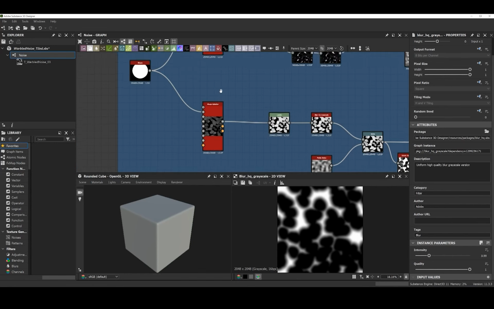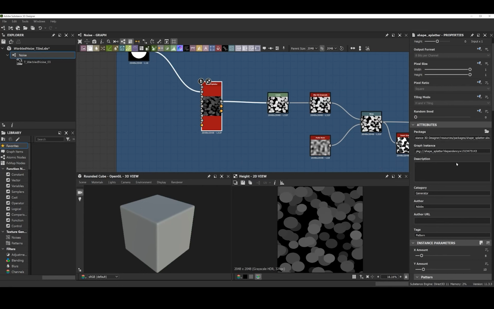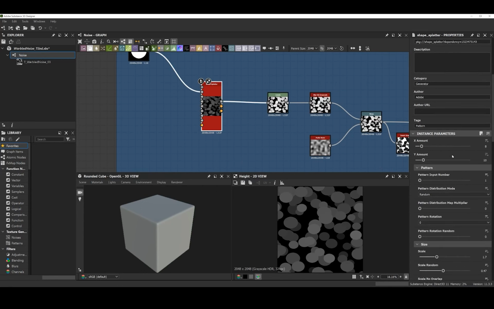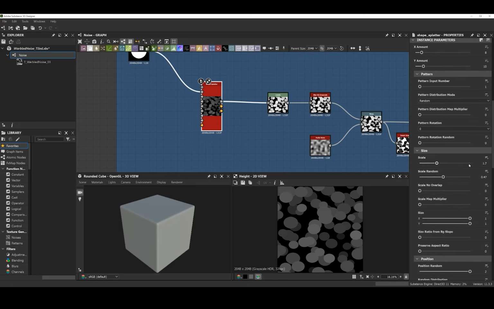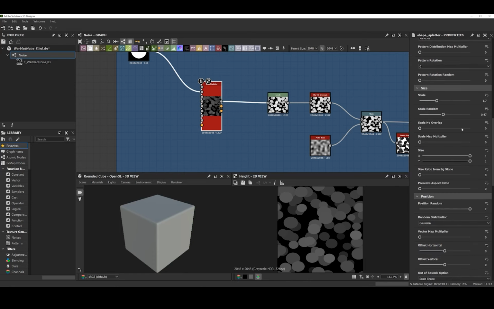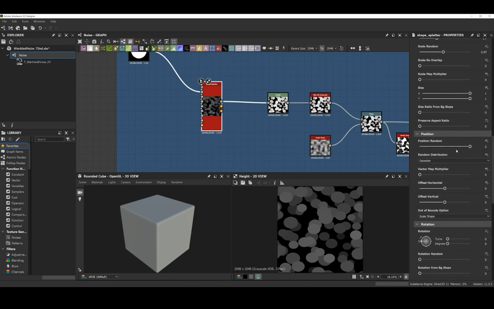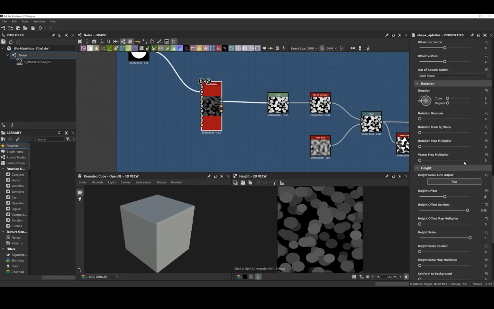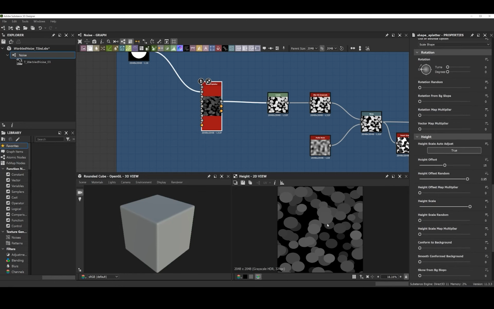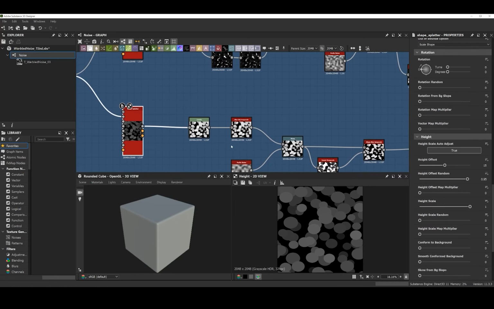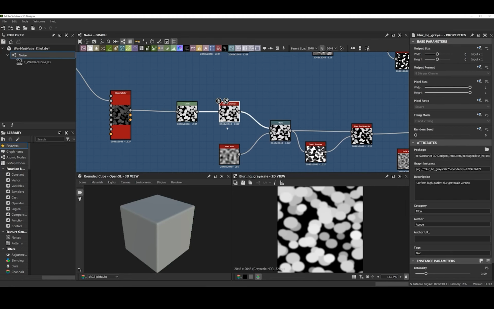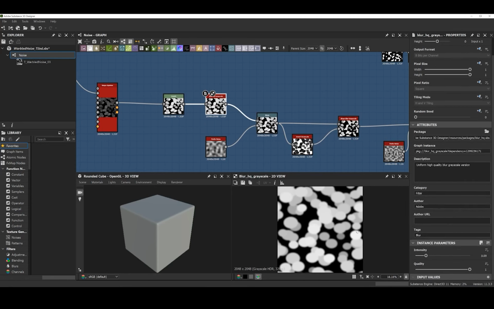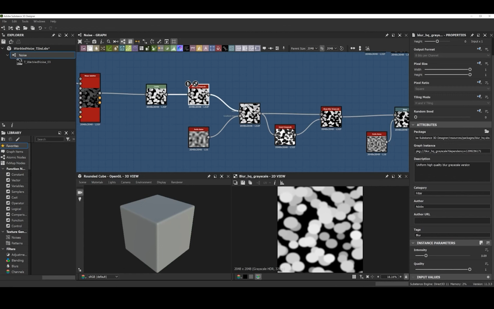Then I'm going to send it through, I'm just going to copy and paste the shape splatter. I'm going to change the pattern amount, and I am going to still use a scale, different randomization, change some of those settings, the position, and then the height offset again to get the randomization. But this is just going to be a secondary texture used to cut further into our texture. Again, with the levels to boost the values, send it through a blur HQ grayscale, 3.09 intensity